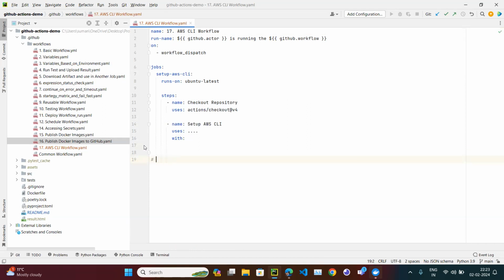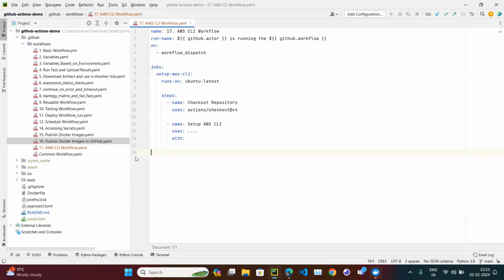there are two steps. One is you install the AWS CLI, then you configure that. Because just installing the AWS CLI, I don't need to use some third party action. I can just run pip install awscli, but I want to configure that as well. One way is to manually write some command, but I don't want to do that. We are learning how to create our own GitHub action. So I want to install the AWS CLI and I want to configure it, which means the person has to pass the